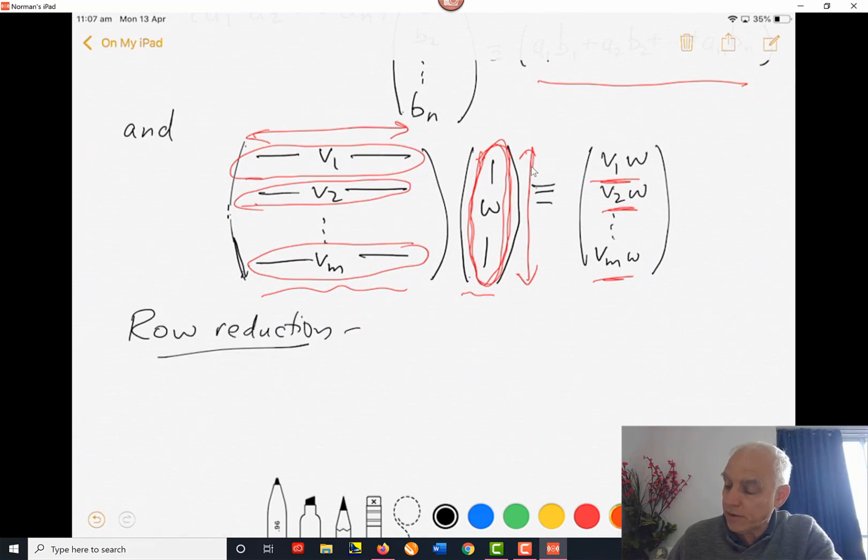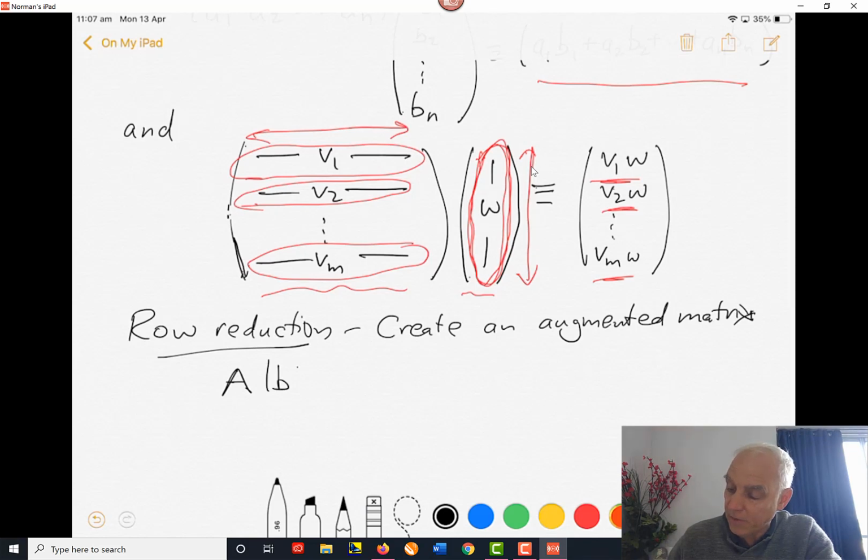So what we do is we create an augmented matrix for this system. So we put the matrix A and the vector B together, and we can sort of record that in this fashion. So this is the matrix A on the left, then there's a vertical bar, and then the column vector B. And then what we do is we row reduce this thing to get an equivalent